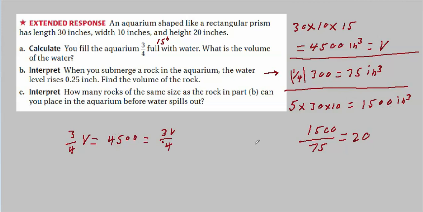These are both pretty simple. They used easy numbers here. If these numbers weren't so easy, this would probably be the quicker way to do it. But if this was 5.3, 33.7, and 11.9, well, then I would use this, because it's much easier just to divide through by 3. Other than that, again, these are pretty easy. We just had to take the volume of a rectangular prism and some simple calculations.